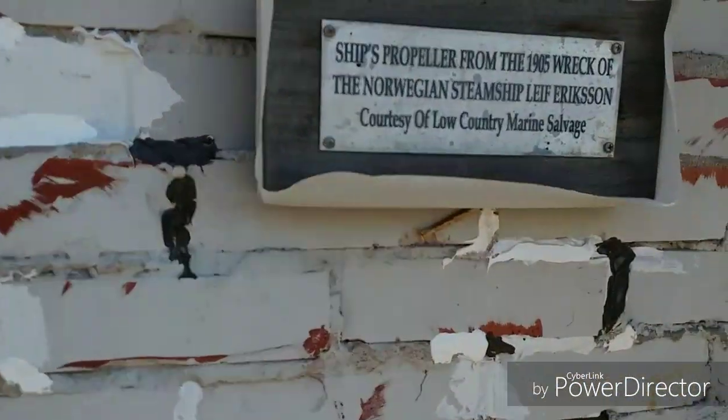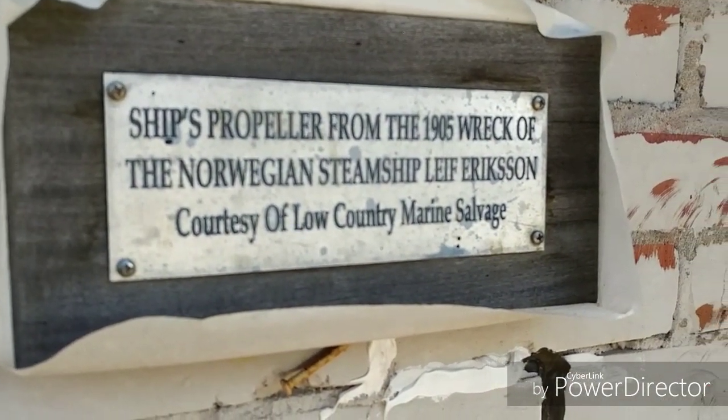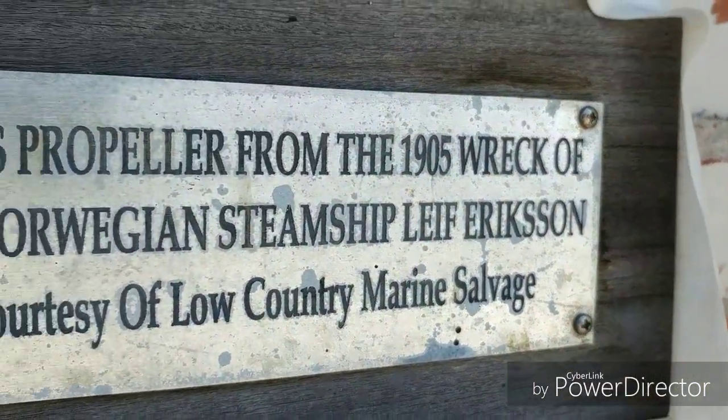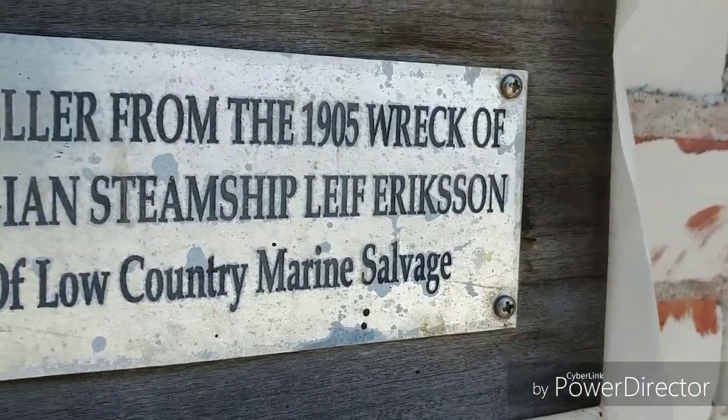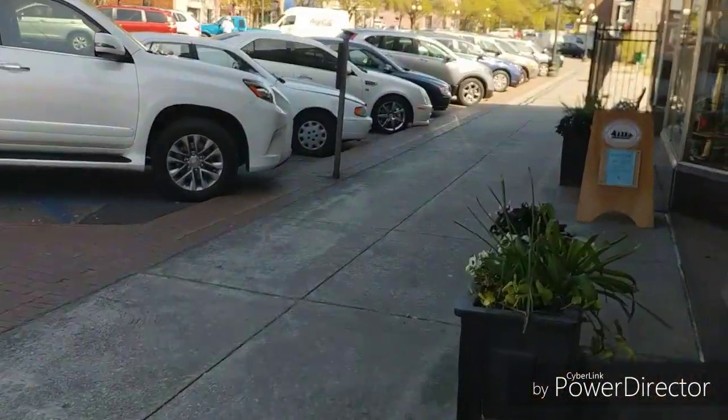So the propeller is off the freighter, the Norwegian steamship. And if there's any of you guys from Norway, please let me know how to pronounce that, because I don't want to say it wrong and offend anybody. But moving on from there,